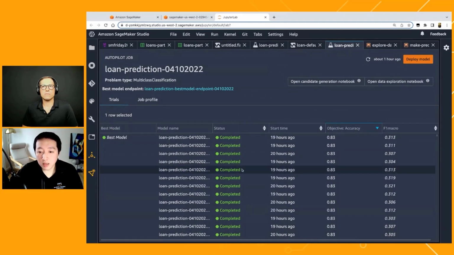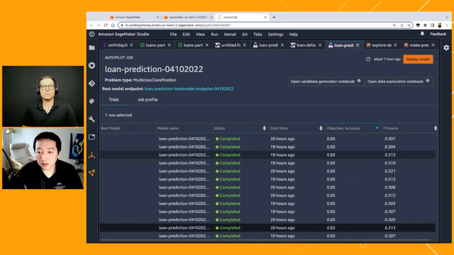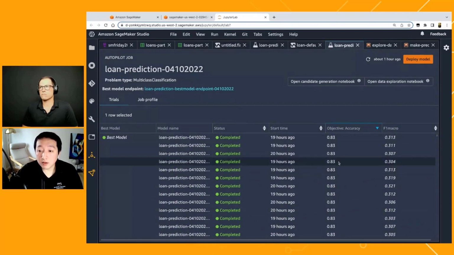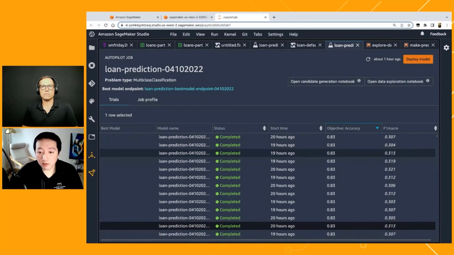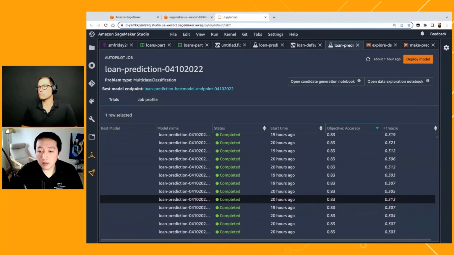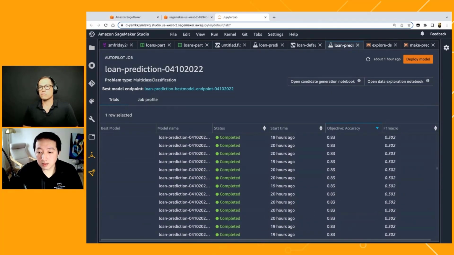It showcases how many training jobs it has started, and how the accuracy or performance increases over these different iterations of training jobs. You can see that it's pretty much stabilized at 0.83 accuracy, and it determined that this is the best model for us to deploy and to analyze the explainability and performance of. I see. That's great.